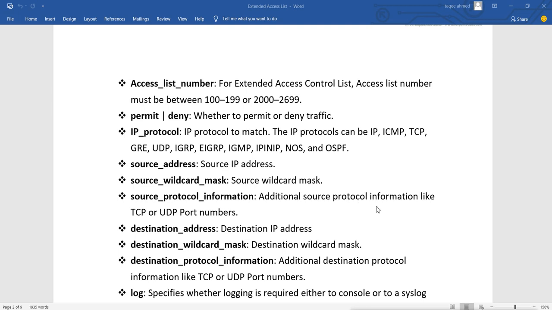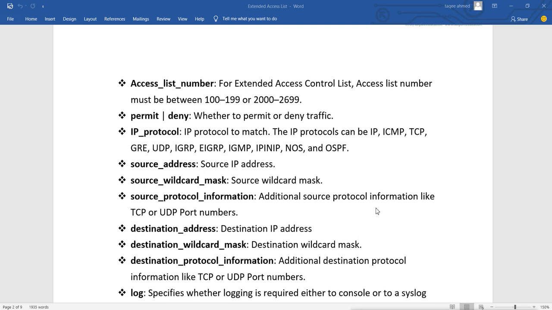Now when the reply comes back, in that reply the source port will be 80 for the web server. In that case, you can mention the source port because you know what it is. But when you send any request, it will always be random. So the source port will always be random, but the destination port will always be fixed.